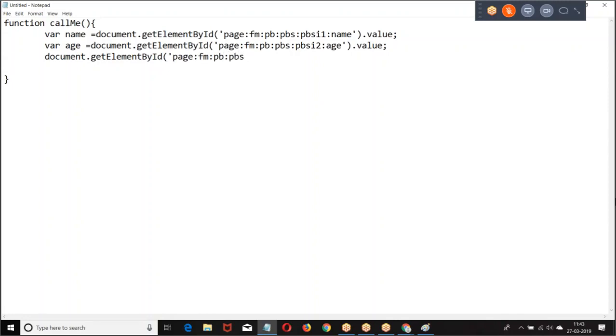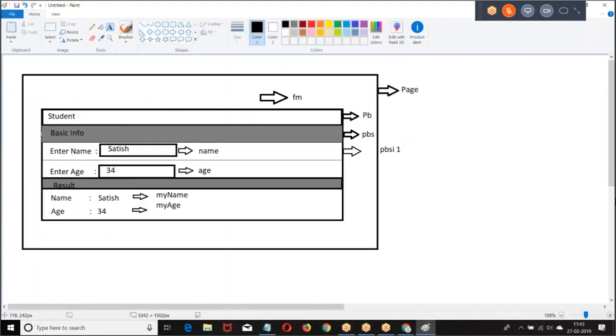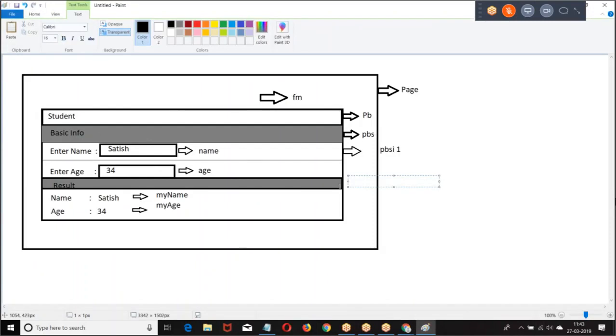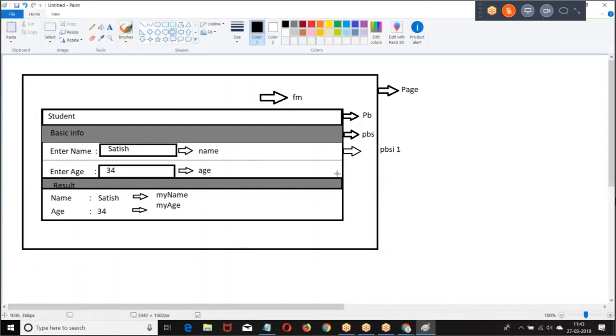Now it is displayed in the second section, because we had another section. This is section 1. This is section 2. The page block sections are here.